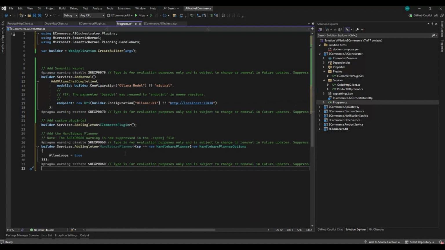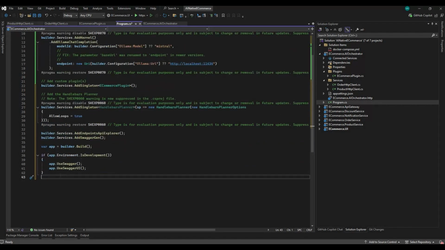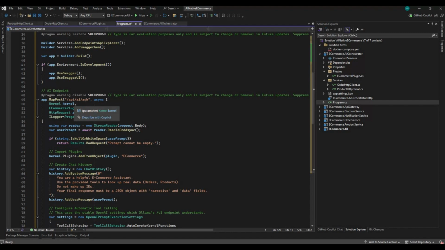Now we will go ahead and add the Handlebars planner with the specific configuration to allow loops, and this is again for evaluation purposes, as we are using a preview version, and so that's why we have to provide the disabling for the warning which we will be getting. And then we will add the usual stuff, wherein we are adding the endpoints, API Explorer, and the Swagger specific changes. And then we will go ahead and add the specific APIs, which in our case is